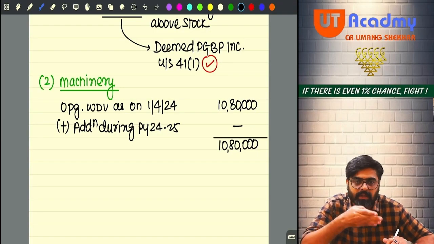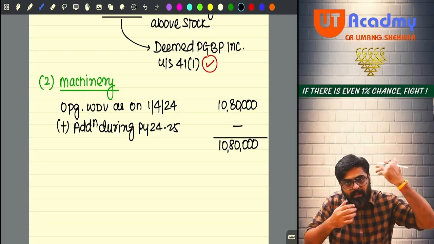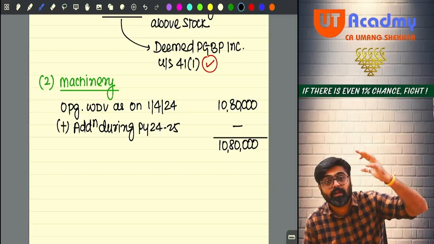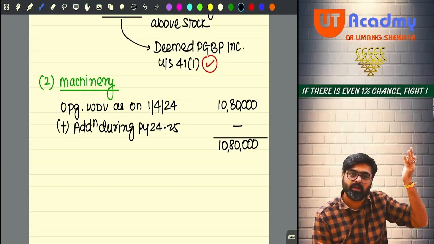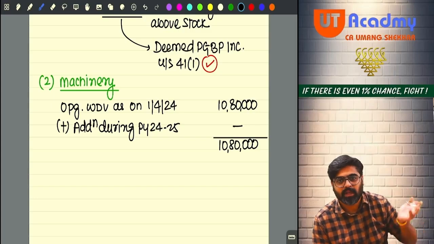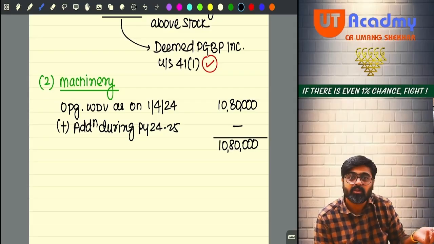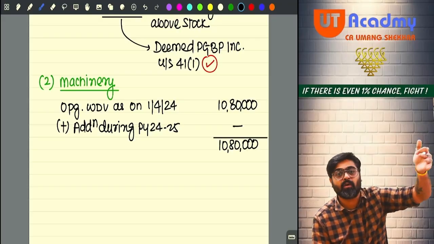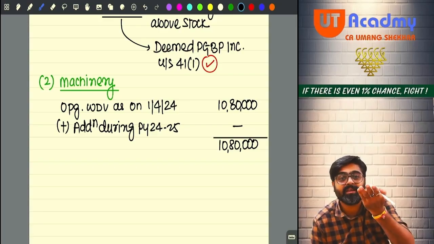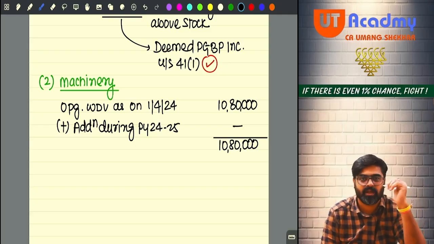On that you would have claimed depreciation. But what happened? This year, out of the machinery which should have been there in your block, the asset is damaged or destroyed and going out of the block. Can it be sold and go out? Yes. Can it be compulsorily acquired and go out? Yes. Can it be damaged and destroyed and go out? Yes. Whenever the asset is going out of the business, it is going out of the block only. It is a deletion, my dear friends. So the machine which is damaged or destroyed is nothing but deletion.